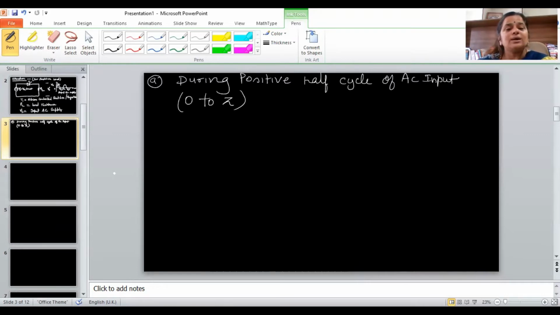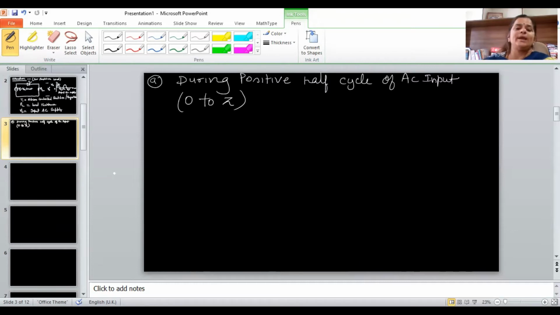That's why it is not conducting. So to make the already forward biased SCR conduct, we have to give the gate supply, and the instant at which the gate supply is connected, measured from the instant it became forward bias,